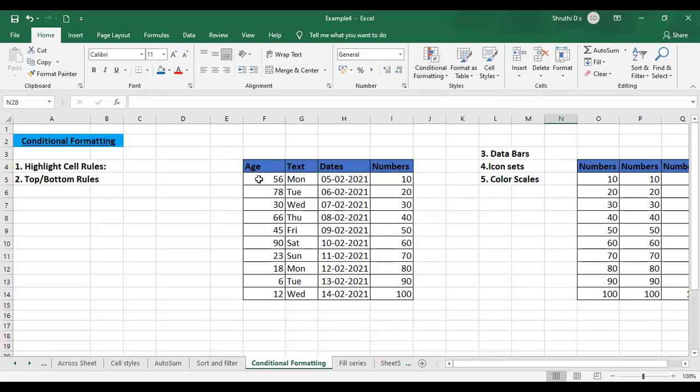See, I have a column here in which I have entered different ages. I just want to highlight a particular cell, or I just want to make the people understand. Not only others, even we ourselves can see it: once I close this workbook and want to come back and search for particular details.